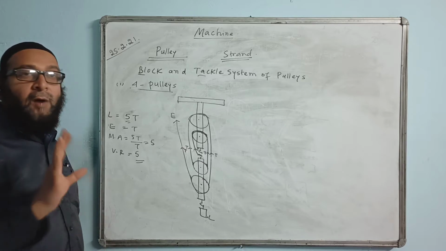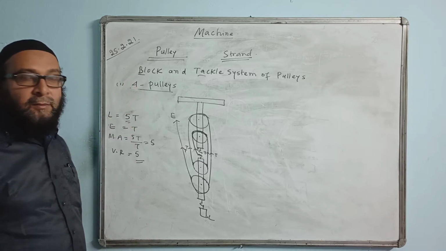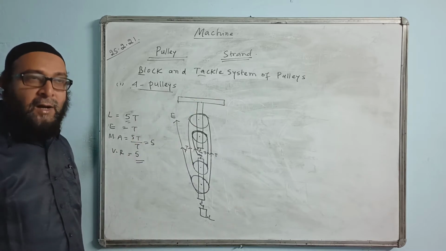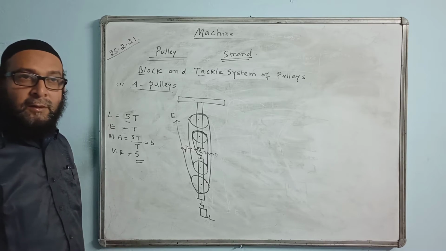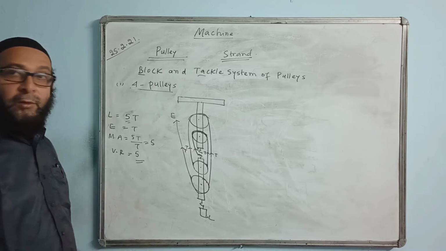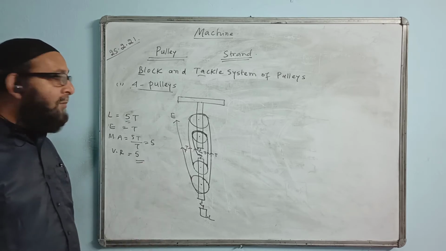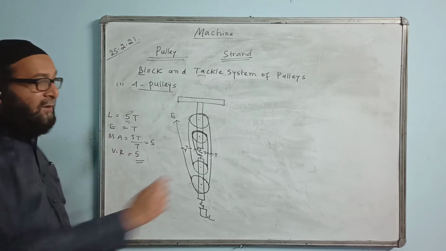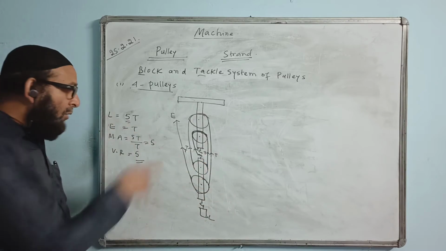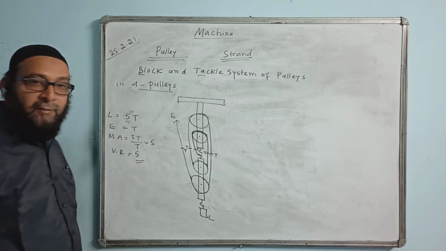And in case of an odd number of pulleys, there is only one possibility: the effort always will come in the downward direction. We can't have the effort in the upward direction, never. So there is only one possibility over there. So velocity ratio is equal to the number of pulleys. But in this case, there are both possibilities. Previously, I showed when the effort was coming in the downward direction, the 4 pulleys were there, so velocity ratio was 4. But now in this case, the velocity ratio is coming 5.